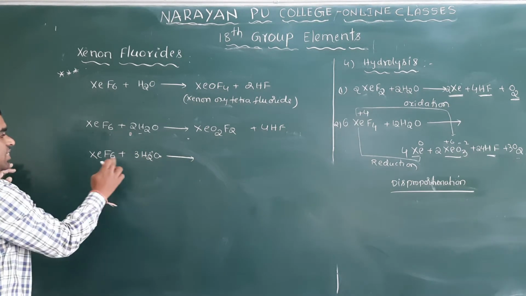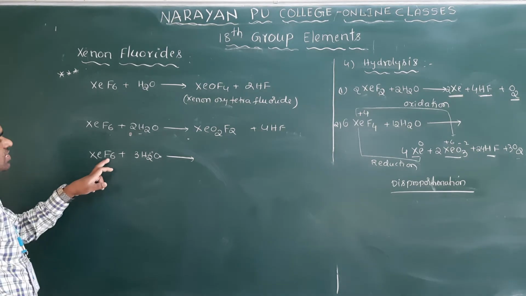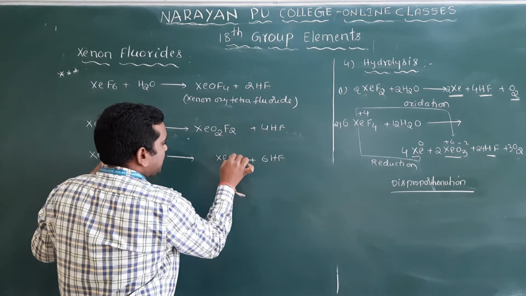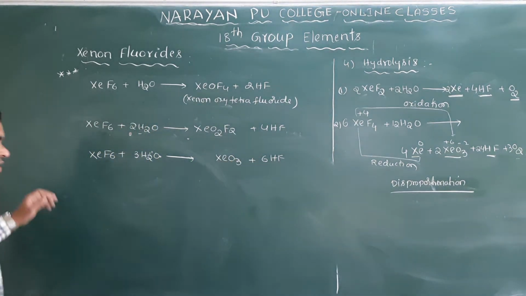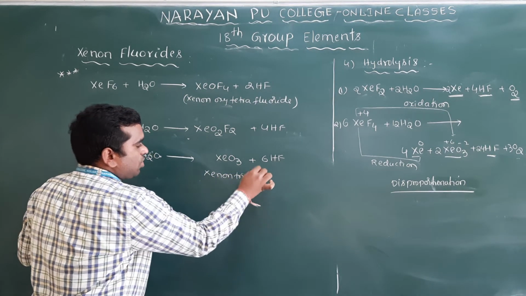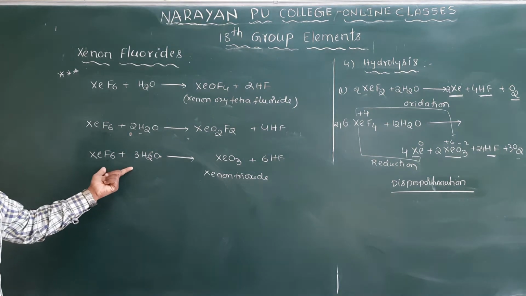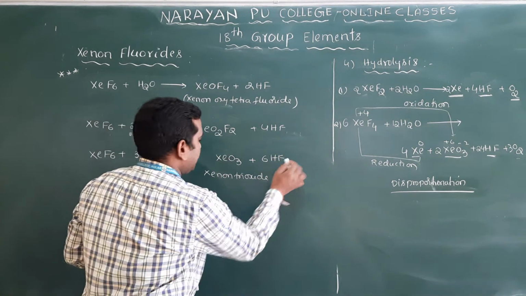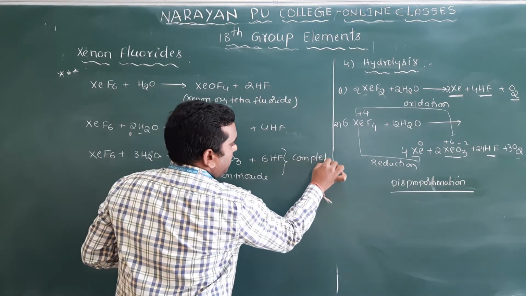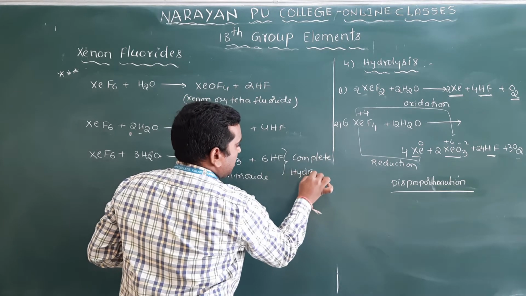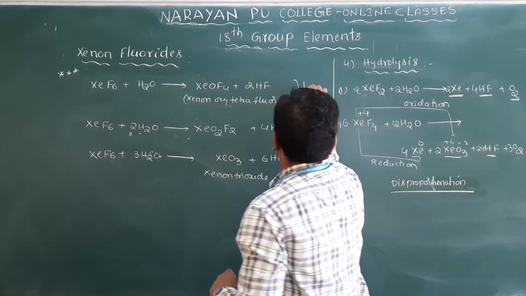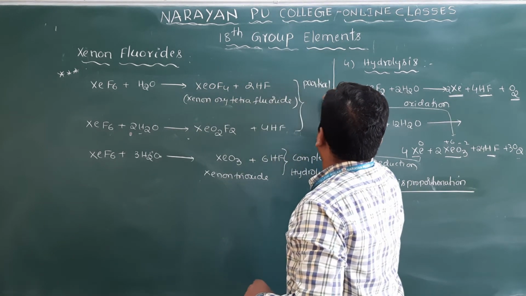So in this case, XeF6 is reacted with 3 H2O. Then what will you get? 6 fluorines and 6 hydrogens will be removed as 6 HF. Then you will get XeO3, xenon trioxide. It is complete hydrolysis. All fluorine atoms are removed. So this we will call complete hydrolysis. Clear, no? These two are partial hydrolysis